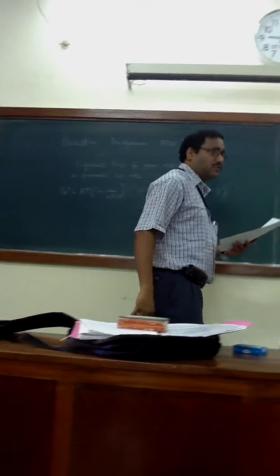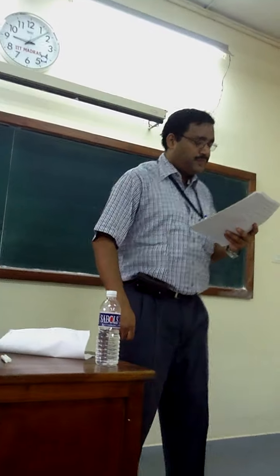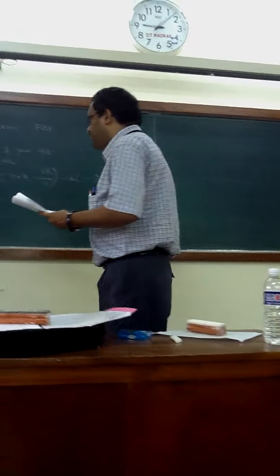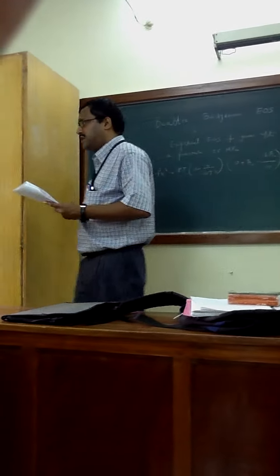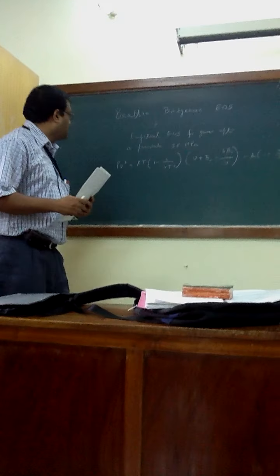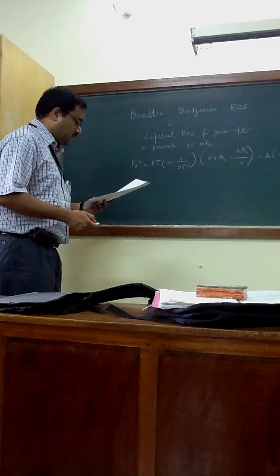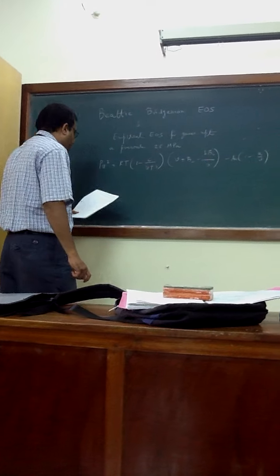You can see it's not a cubic equation at all. Okay? And A0, B0, A, B, C, they are all constants. For different species, they have different constants. So this is one set. Another set, which is very famous,